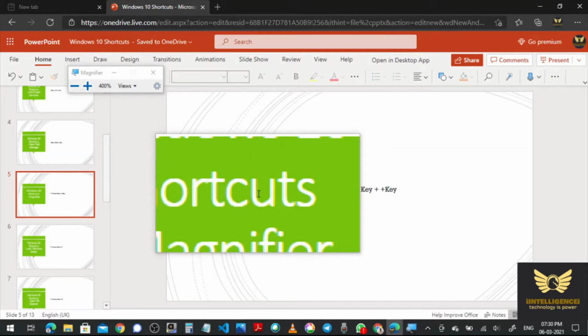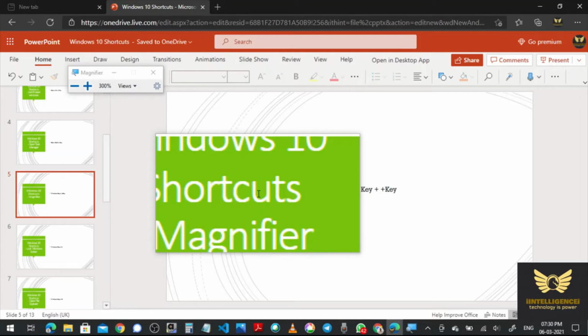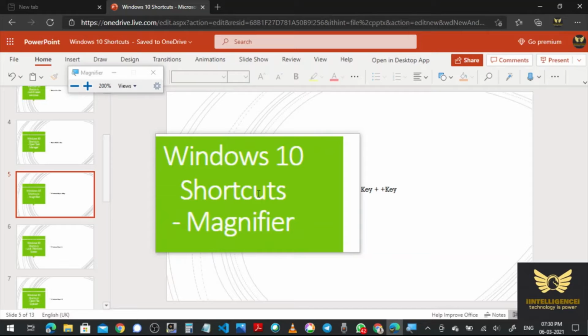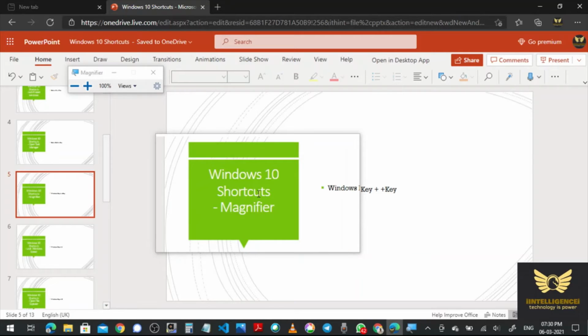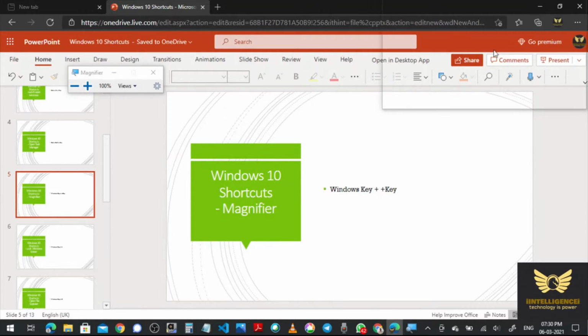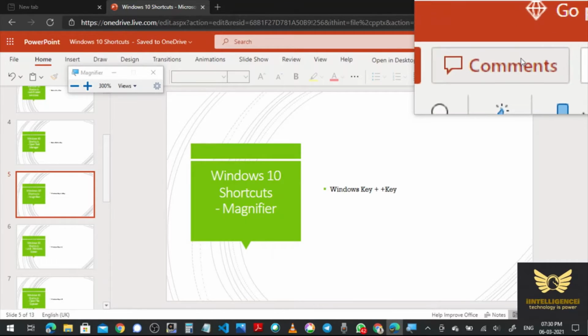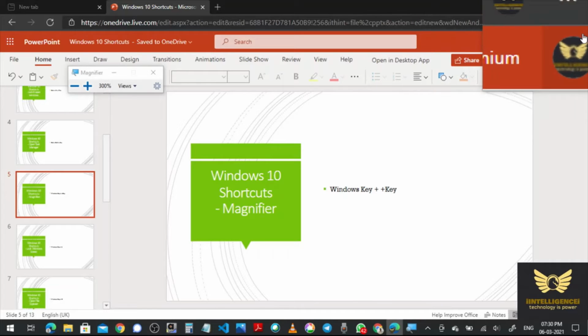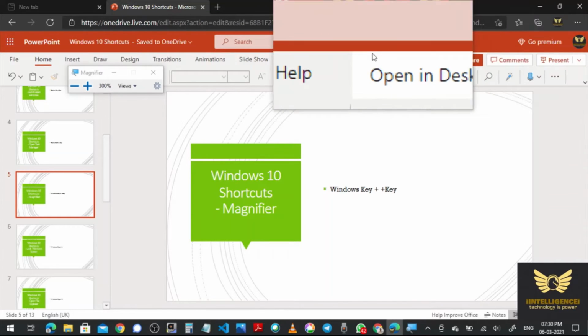Okay, 300% now. Again, Windows key plus Plus key, 400%. Okay. If you press minus, it will reduce. Right, it came back to the original position, 100%. So this is a Windows key shortcut. This is the Magnifier.